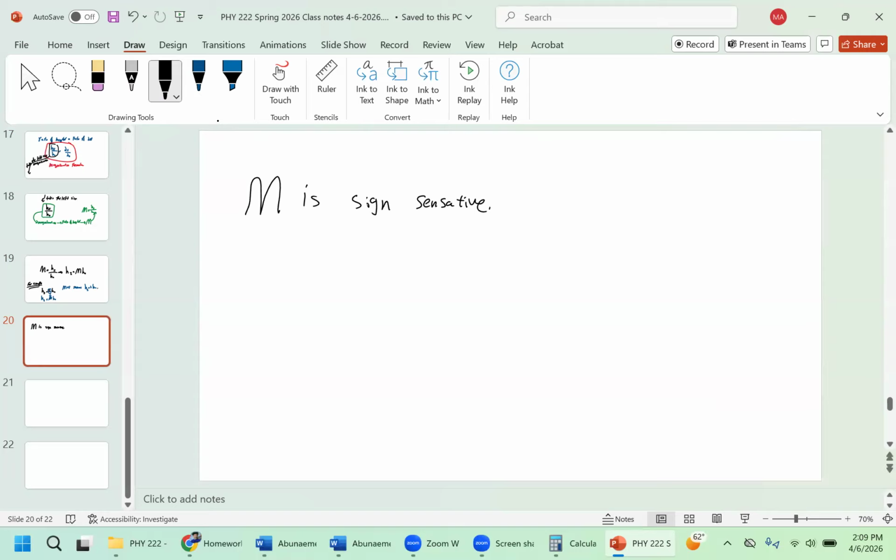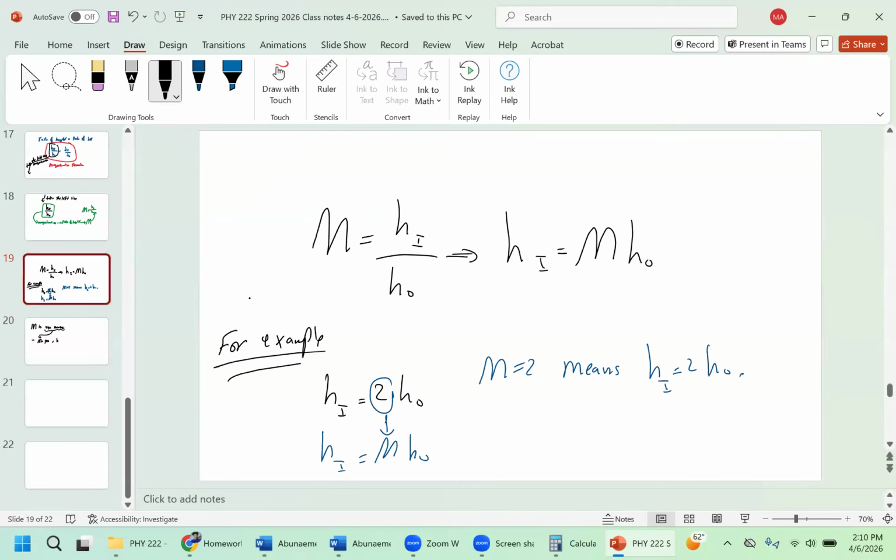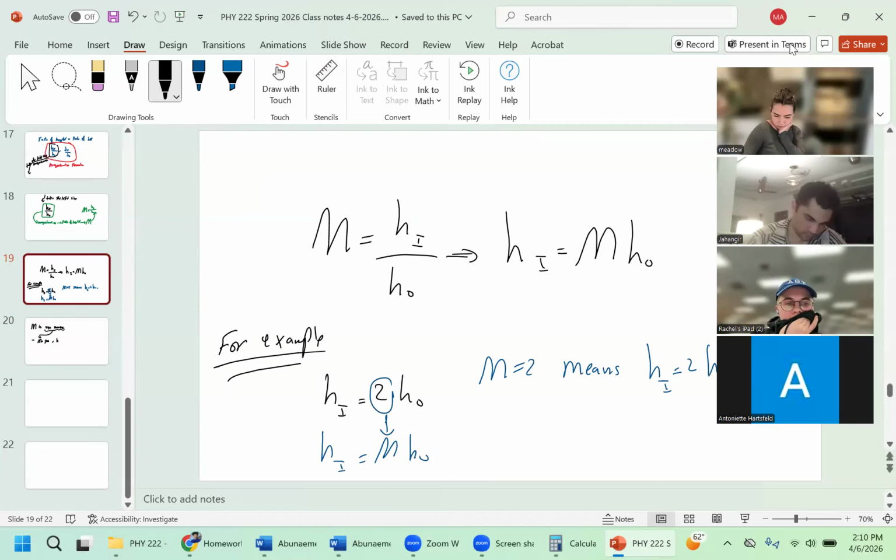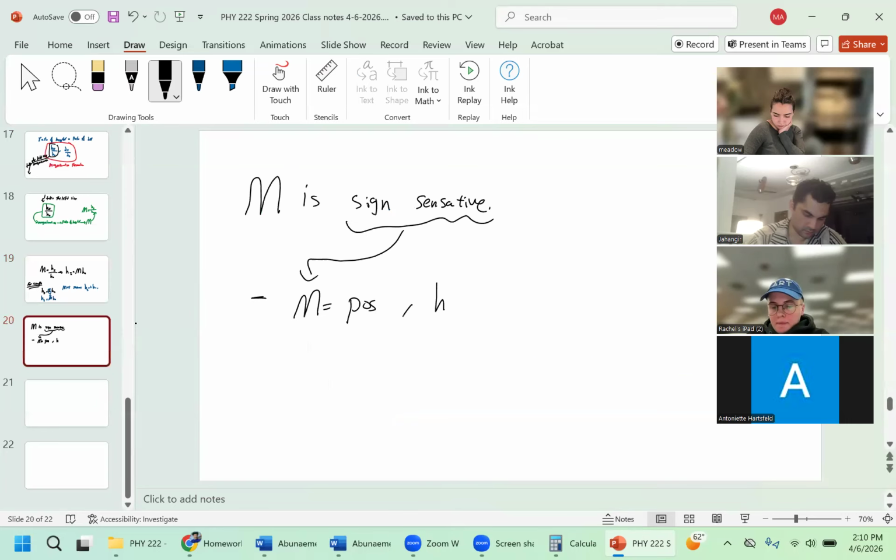What does that mean? When you talk about sign sensitive, it means what? It means if the magnification is positive, that means, again, think about it. If this was positive, that means these two have the same sign. Does that make sense? Whether they're both negative or both positive. That's how magnification gets positive. If HI or HO, one of them has a different sign, you're going to have a negative. So if M is positive, it means HI and HO